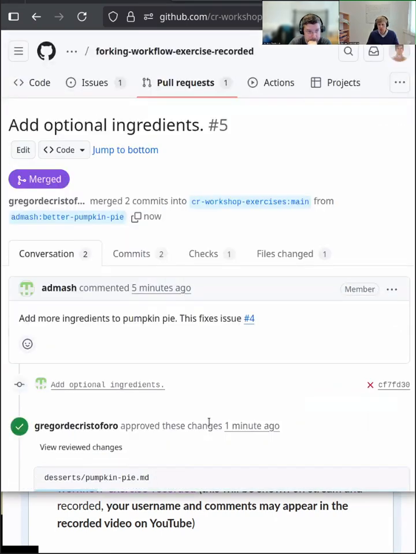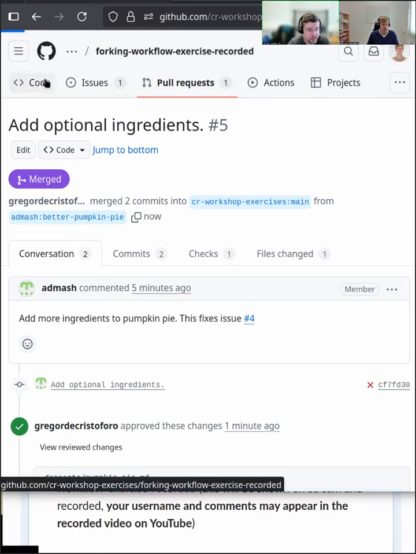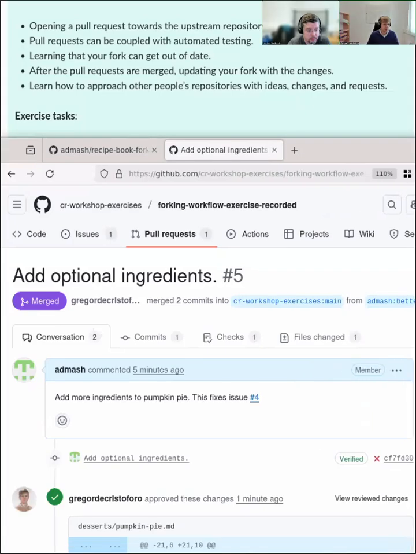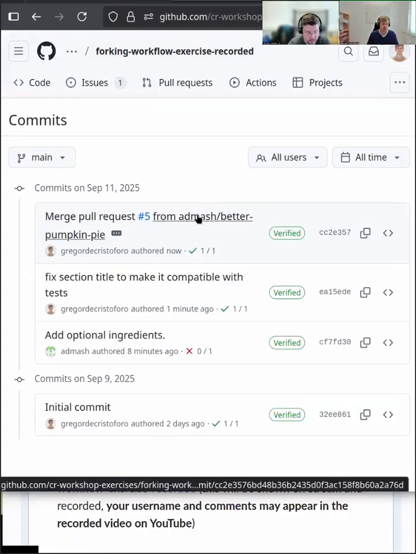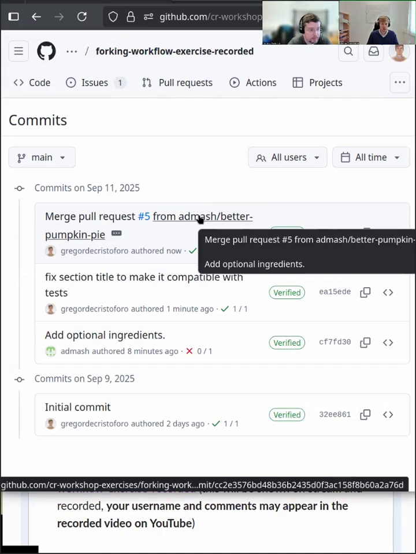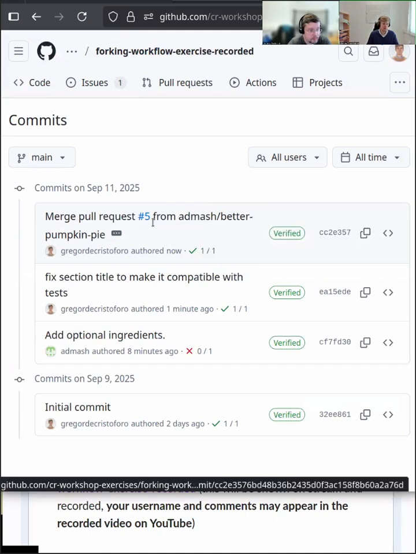Andrew, do you want to show how it looks now on your end in the fork repository? Sure. So I give the screen share back to you. Maybe just one thing. I just show you the history. So the last thing in the history of the main repository now is, I can see here that I merged this pull request.